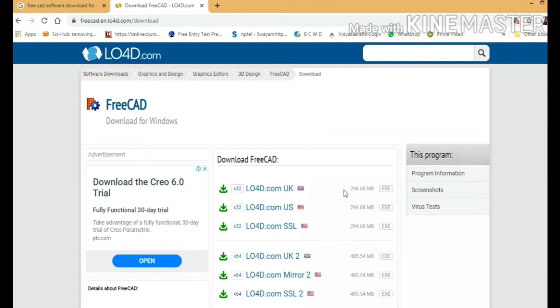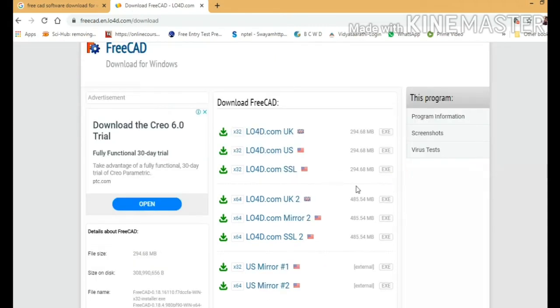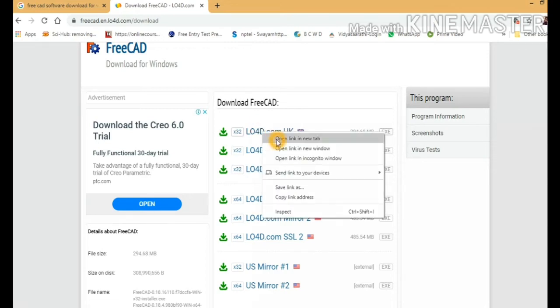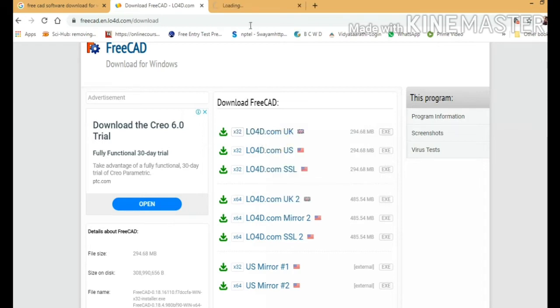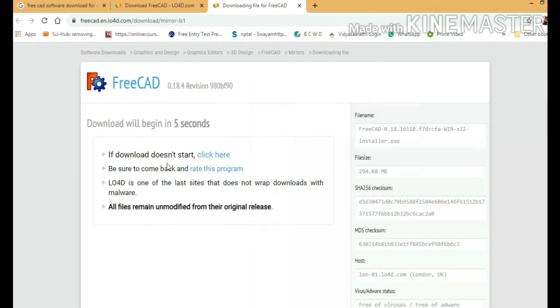Then here are the links where you get the softwares. These are three links for 32-bit and these three links for 64-bit. Any link you can download. I recommend you to download the 32-bit. Just right click on it and open in new tab. The download will begin in 3 seconds.